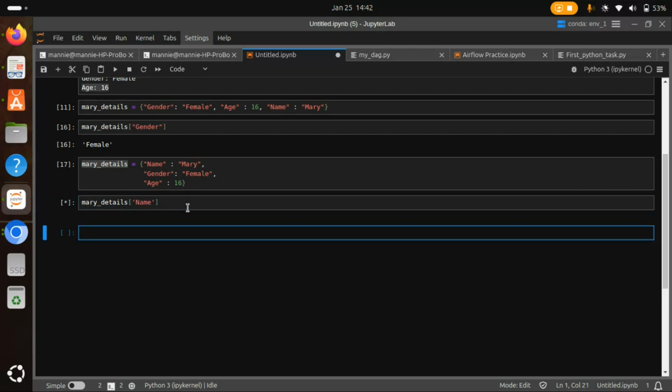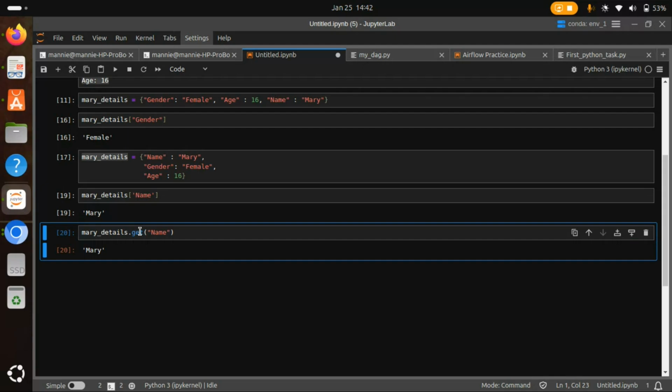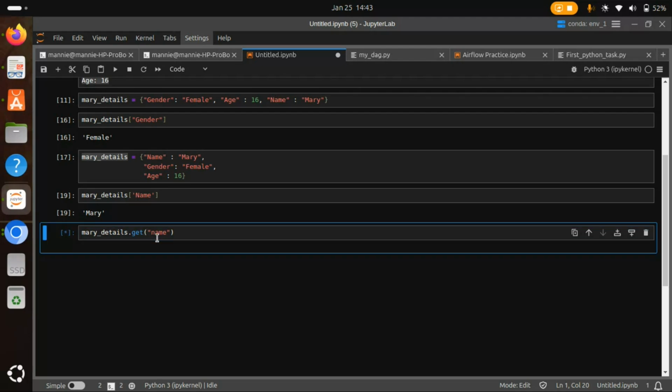We can also use the dot get method. We can use Mary's details like this, Mary details dot get, and then specify name. This will also return Mary. But somebody will say, why would I go through the stress of using dot get? I know that's what you're thinking. So that's actually why we're doing this. Now, if I decide to change this to small letter n, you know it's supposed to return an error, because there is no key here that is exactly this. So if you run this, it will